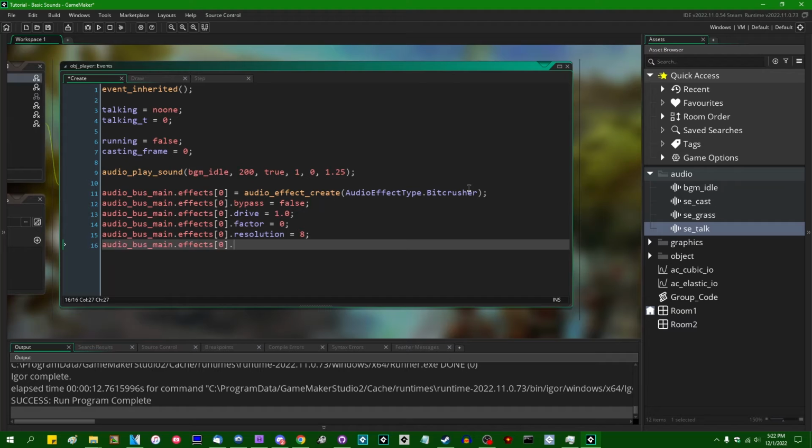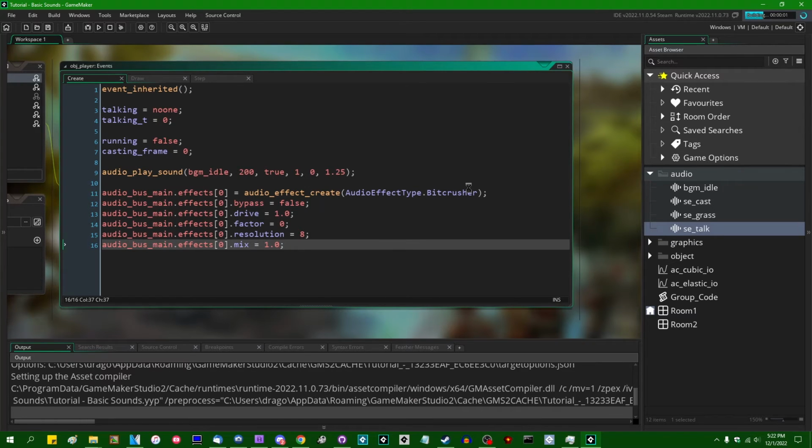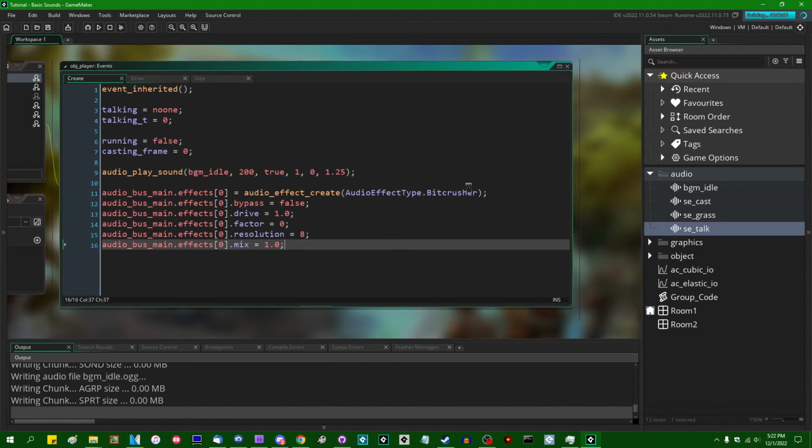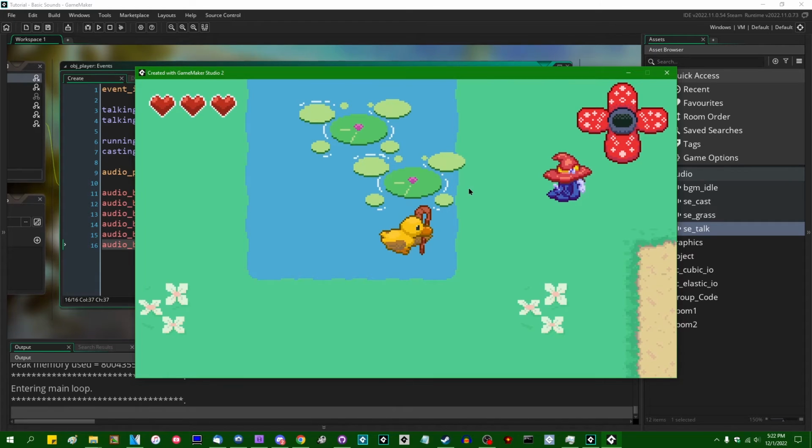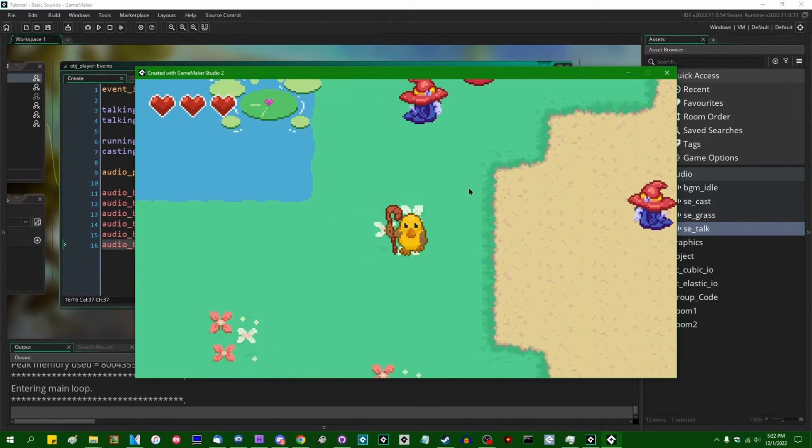And again, we have the mix value. In this case, let's set that to 1. Let's set that to 100% the new signal, so that hopefully I will not be confused by what I'm hearing. So this is not going to sound like a perfect 8-bit piece of music or anything, but okay. Really, all that did is